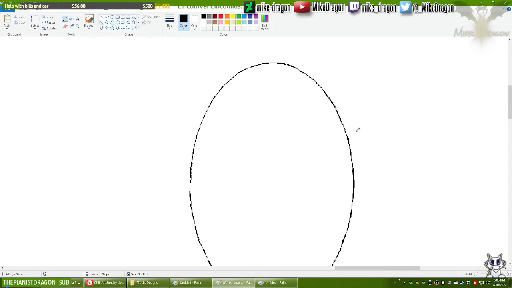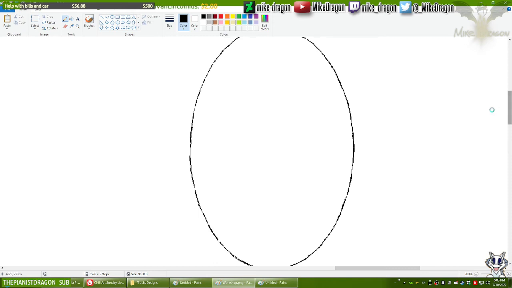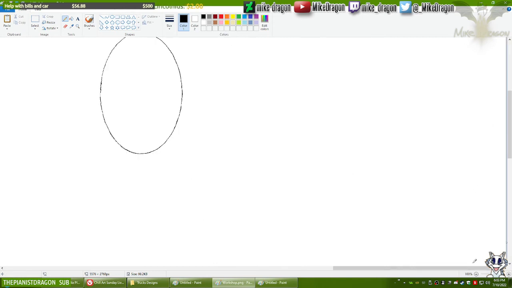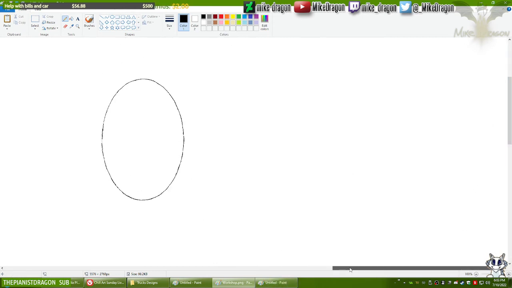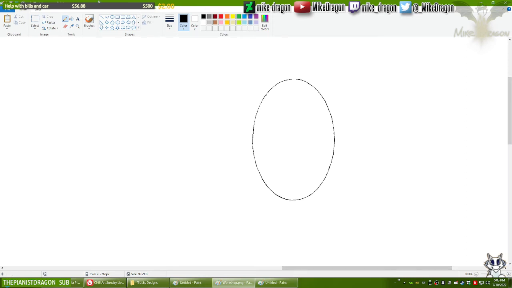There. Correction right there, and boom, voila. Now let's see, let's draw the rim. Because wheels have rims. At least truck wheels do.